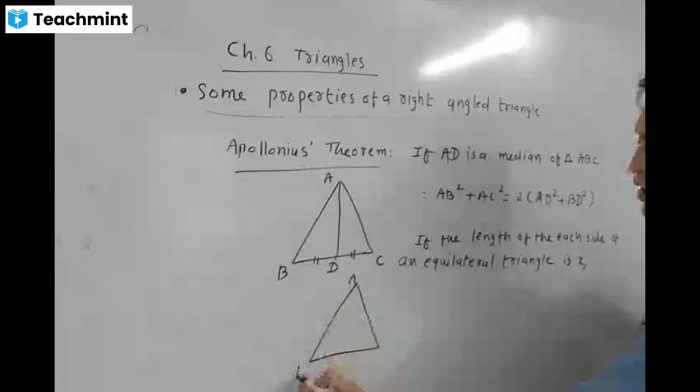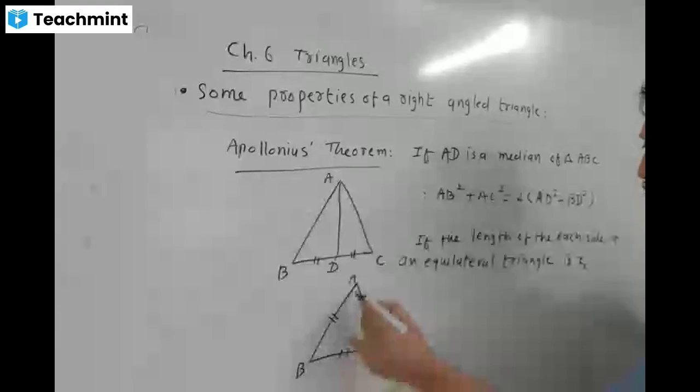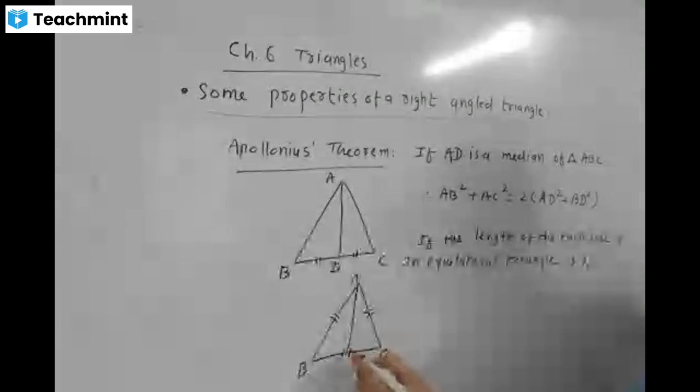All sides are equal. AB, AC and BC are equal. And AD is an altitude. If the length of each side of the equilateral triangle is X,